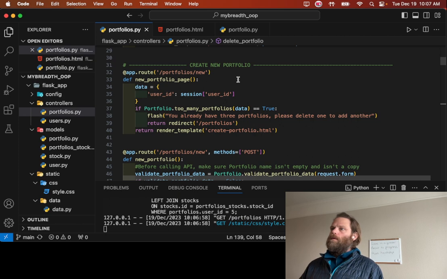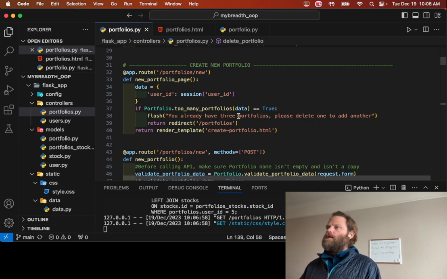And so what we're doing is first we need to check. This application allows people to have up to 3 portfolios, and I'll show you how that looks on the front end if you try and put a 4th one in. But that's basically what this is doing: it's taking the user ID and checking to see if they have 3 portfolios already. If they have none, 1 or 2, they can add another one. If they have 3, then they can't add any more portfolios. Eventually I would love to make it so you can have as many portfolios as you want, but 3 seems like a good number just to go out and get some feedback from users for right now